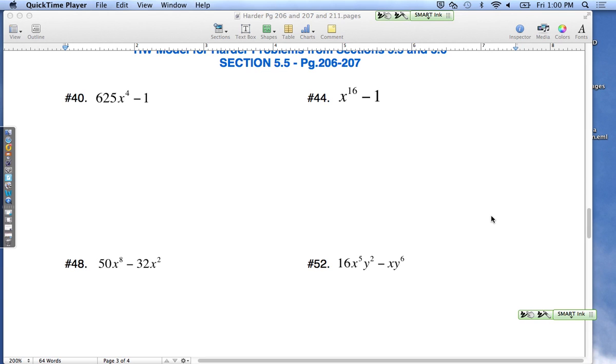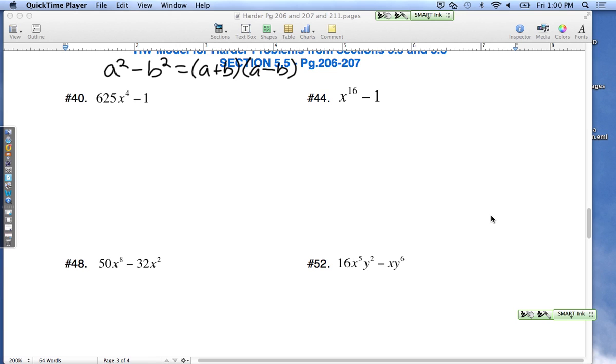From the homework set, the previous homework set with difference of squares. So section 5.5 is difference of squares, and the model would look something like a perfect square minus another perfect square. And then the way you would factor that, you would have alternating signs, binomial factors that are almost identical. One's positive and one's negative. So looking at number 40,